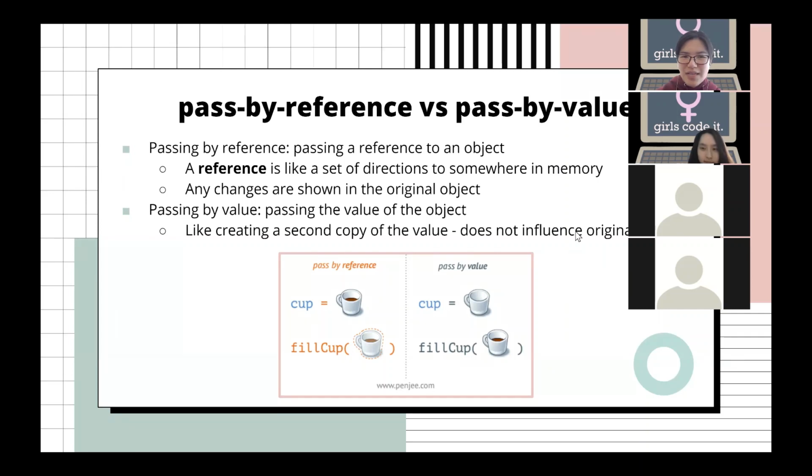And then this one is also pretty important. So basically, Java is a pass by value language. And there's a difference between pass by reference and pass by value. So pass by reference is basically you pass in the reference of an object. So a reference is